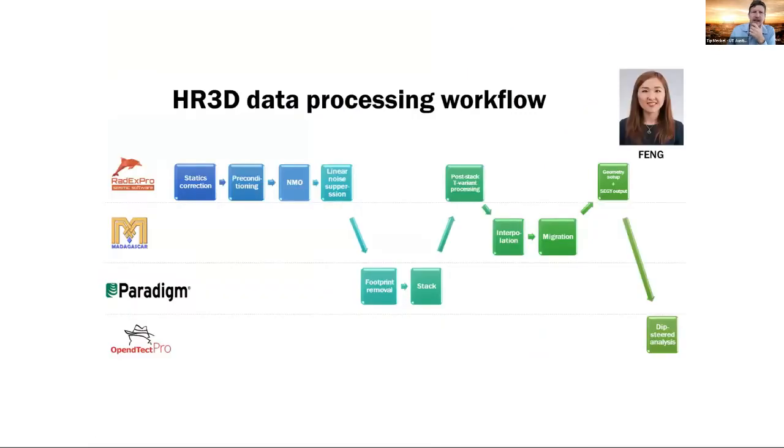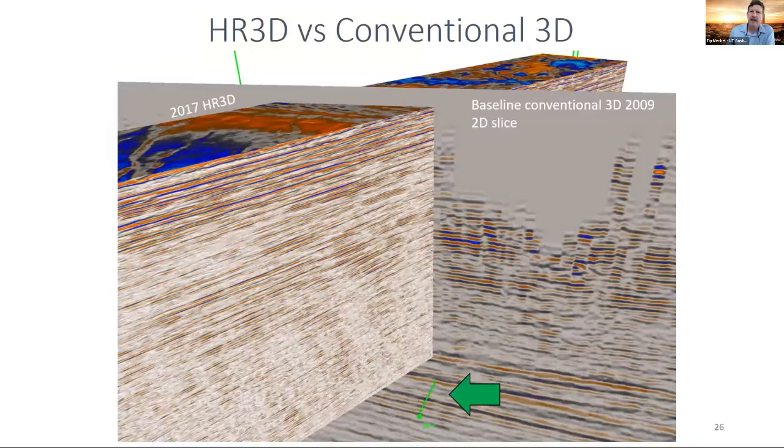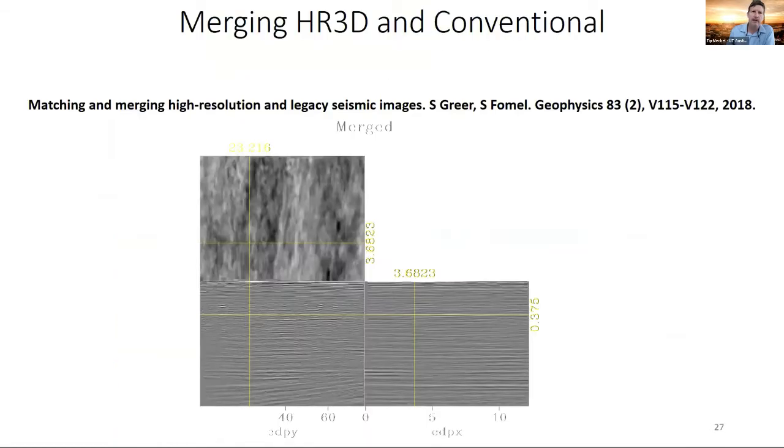processing is really interesting. In an academic environment, we can bounce between different software packages for processing. This is just one workflow that we went through on that Japanese data set that kind of came in and out of different packages, both commercial and open. Again, nice, really high quality data can be acquired. My colleague Sergey Fomel and his students have worked on merging these data sets, so you can actually merge high-res 3D and conventional data. He published that in Geophysics, if you want to have a look at that.